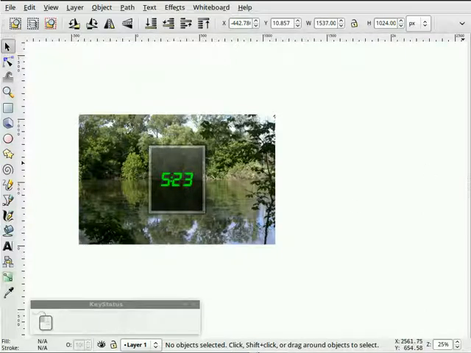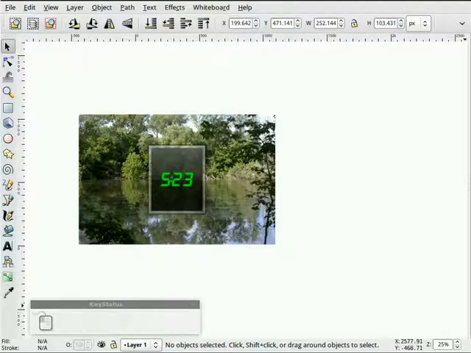Another idea you might have is actually good for Linux and Mac users. I see a lot of this stuff on the Lifehacker site recently, where they have desktop wallpapers that have calendars on them. And one of the things I was thinking about was, well, maybe you could use something like this to create a nice calendar. And even a more general tip to create calendars, if you're a Mac user or a Linux user,